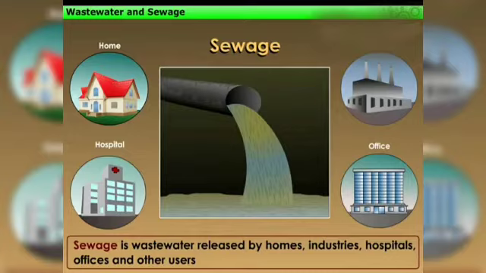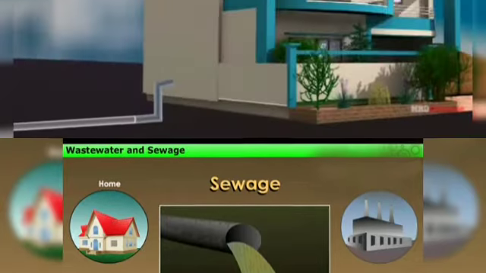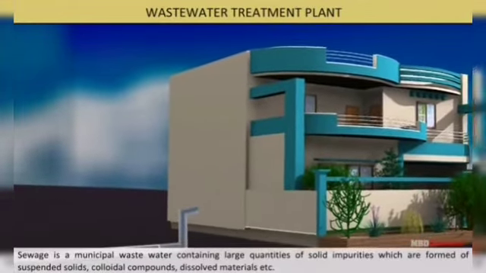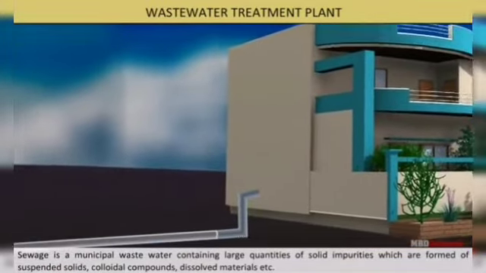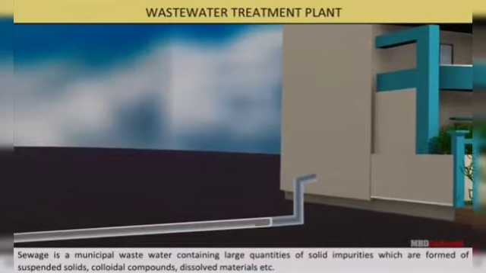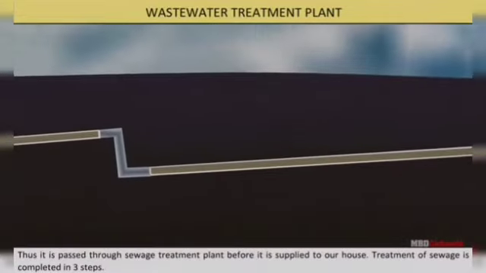The first stage, otherwise we call it the primary stage. In the cities or towns, the wastewater or sewage water is collected from homes, hotels, factories, and any other working places. They all have a sewage system. In our house, we have a sewage system. In hotels, they have a sewage system. No one will have an open sewage system. All will have a closed sewage system. So that water is collected and goes through the big pipe to be carried to the wastewater plant.